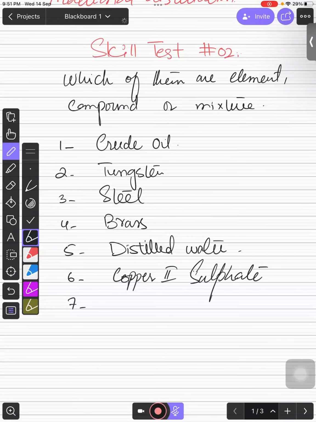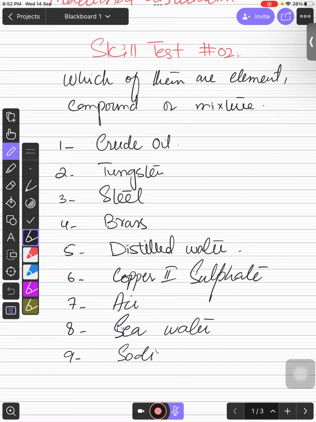We have air as well. It is also very important. We have seawater as well. It is also very important. Right? Then we have sodium chloride, aqueous. Then we have magnesium